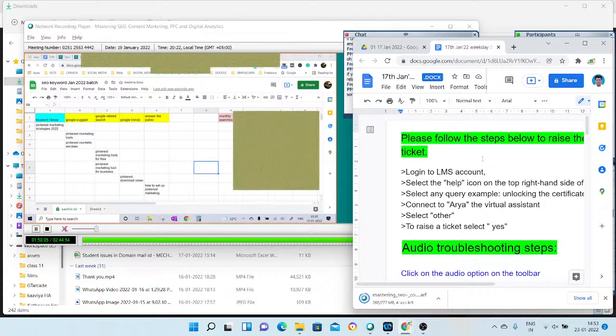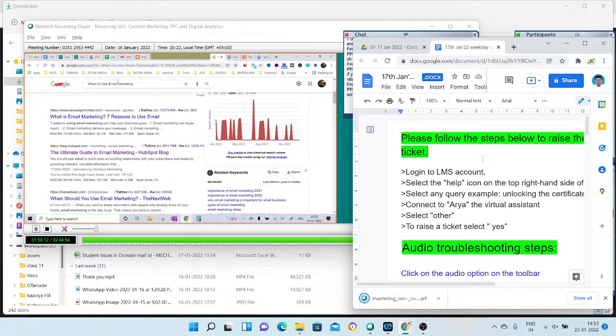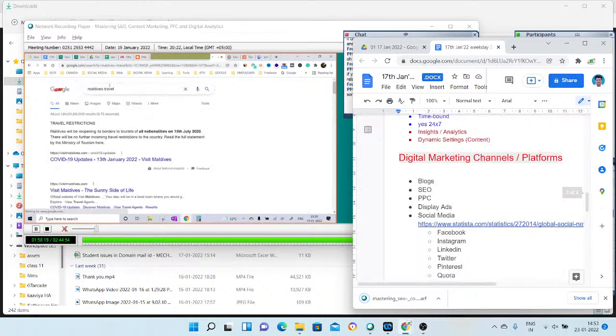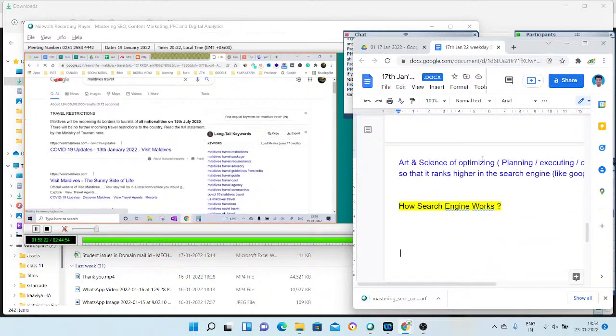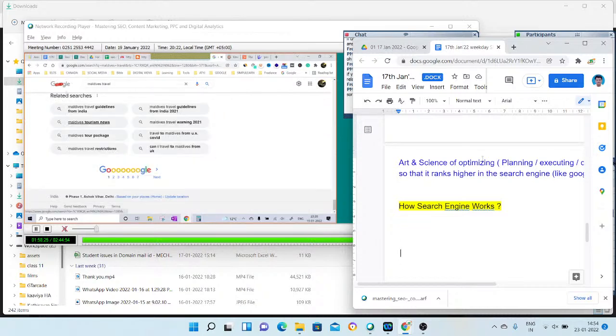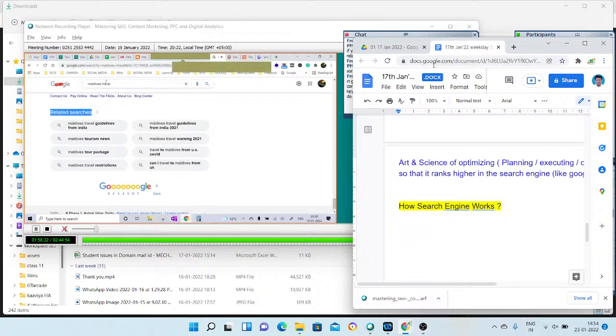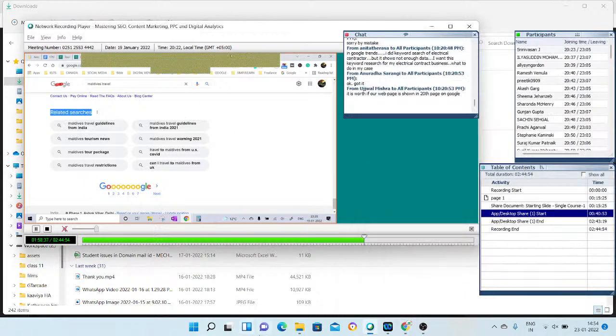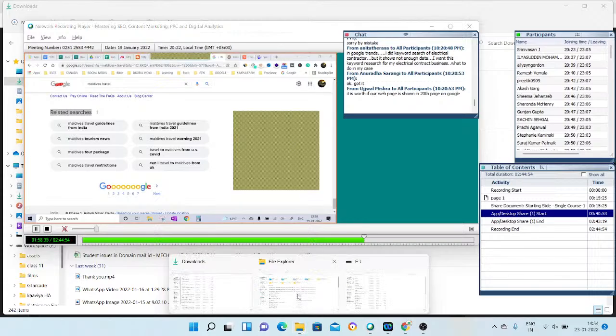Okay. If you have time, you can explain how to get to the Google related searches. So Anuradha, you just need to type anything on Google. Suppose I come here and I just type Maldives travel and I put enter. So from the Maldives travel point of view, if you just go down, go down, go down, all the related searches are here. See, related searches. So if you've been planning to write here, then you can do it there. Okay, in the trends, it's given in the bot. Okay, got it. Okay.